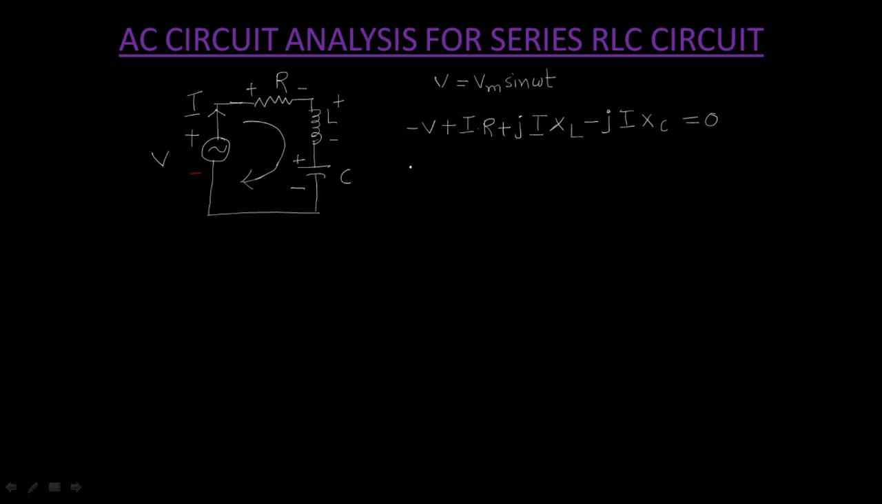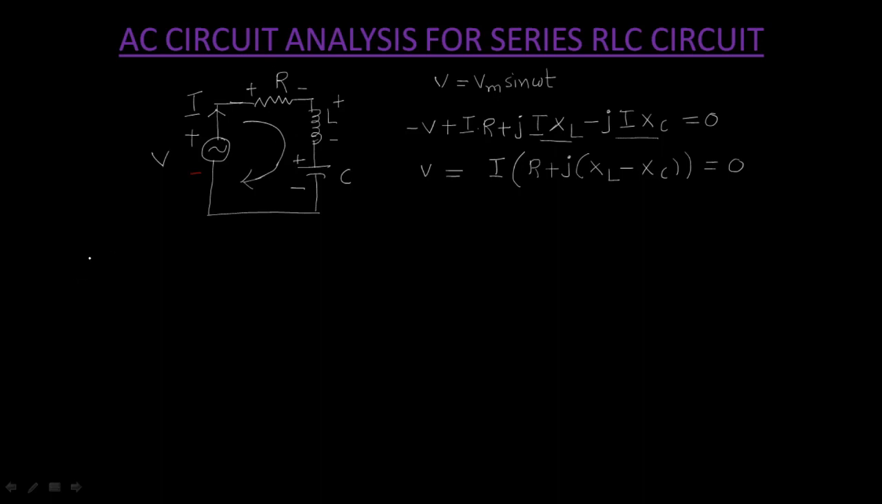From that you can write: V equals, if you take I common from all the terms, R plus j is common in these two terms, XL and XC. If you take j common, XL remains here and minus XC here, equal to 0, simply. And if you observe clearly here,